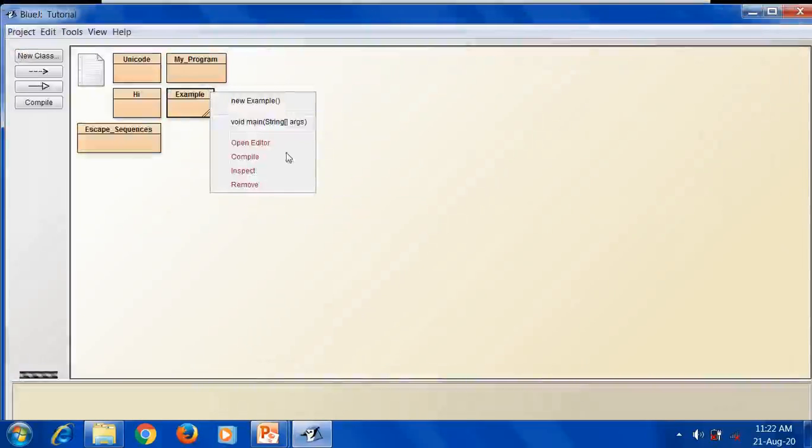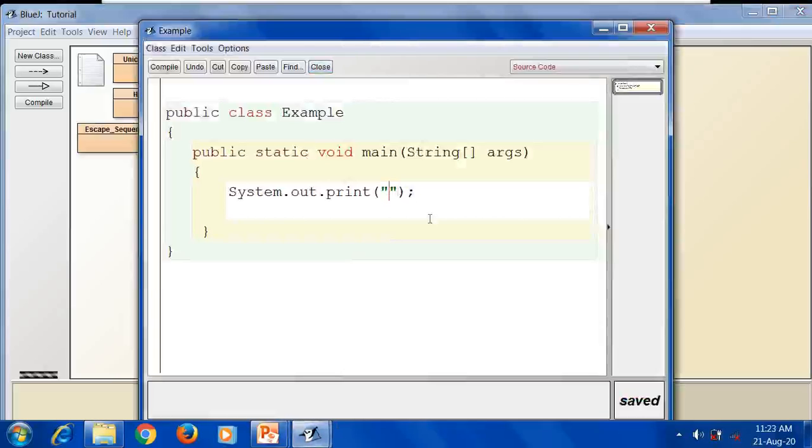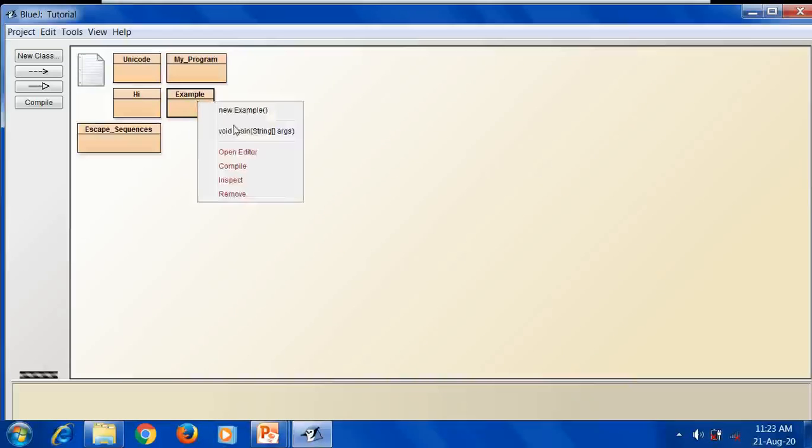When you execute, you are not going to get anything on the output screen, no output at all. So if you want to print that double quote, you have to use that escape sequence. See, now 1 double quote is going to print.